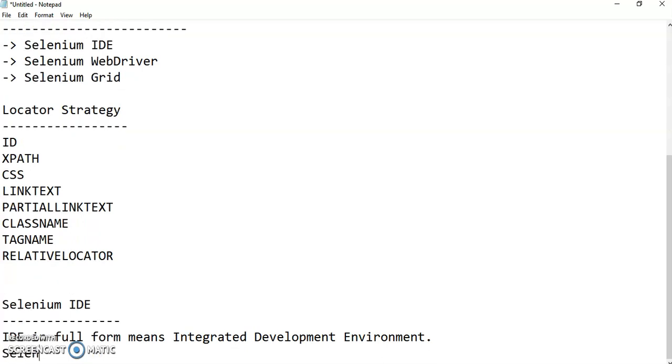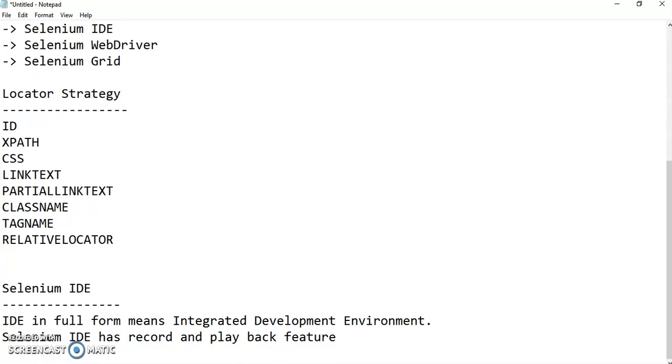Selenium IDE has a record and playback feature. That means Selenium IDE can record all the user actions such as